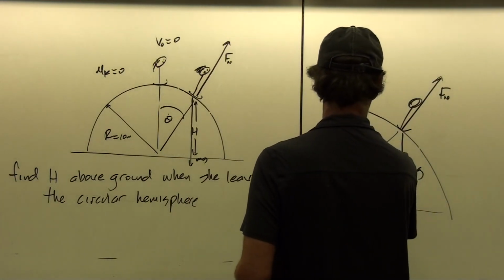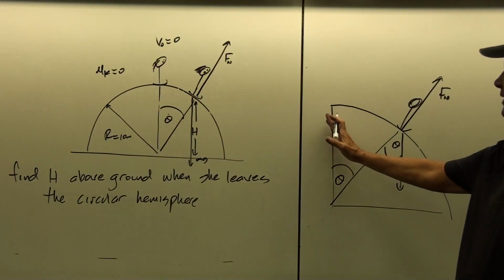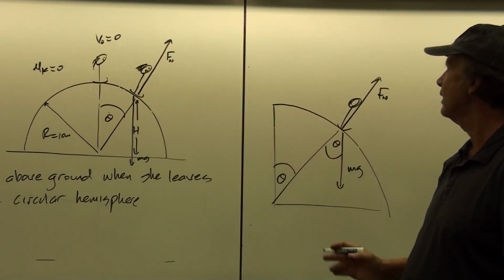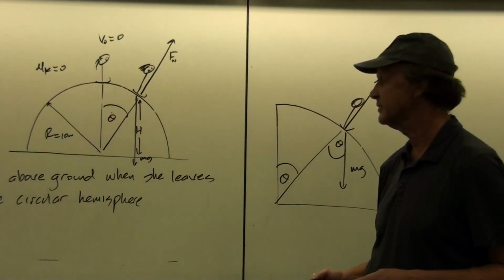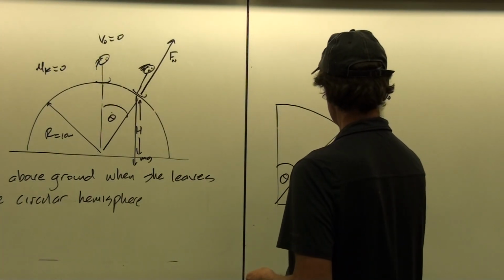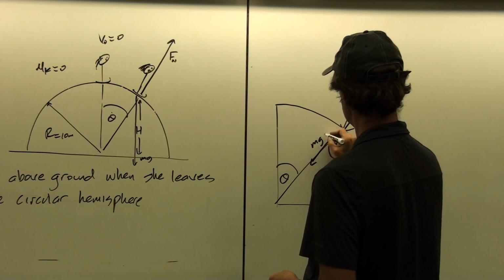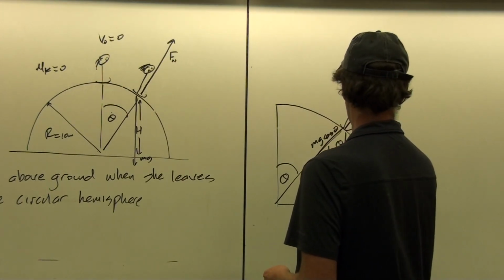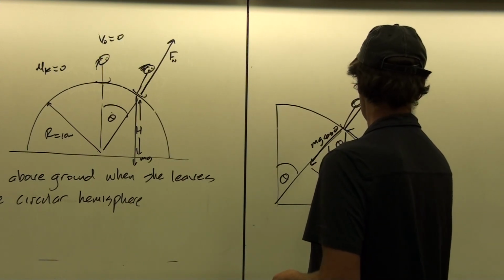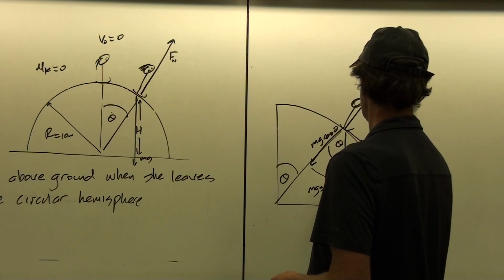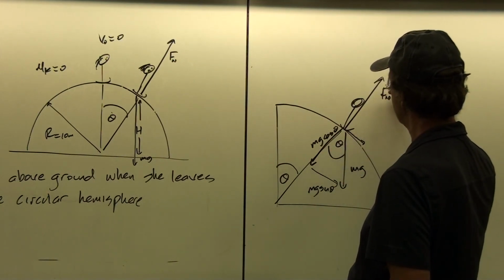Now if this angle here is theta, then that angle there is theta because opposite interior angles are equal. And so I find it convenient to measure the angle in this problem from the vertical, but you could do it from the horizontal too. Then the cosines would just turn into sines. And so the component of the weight which contributes to the centripetal force is this part here, which is mg cosine theta. And then this part is the part that accelerates her down the incline. That's the mg sine theta. Okay, so we have a difference then between mg cosine theta and the normal force.